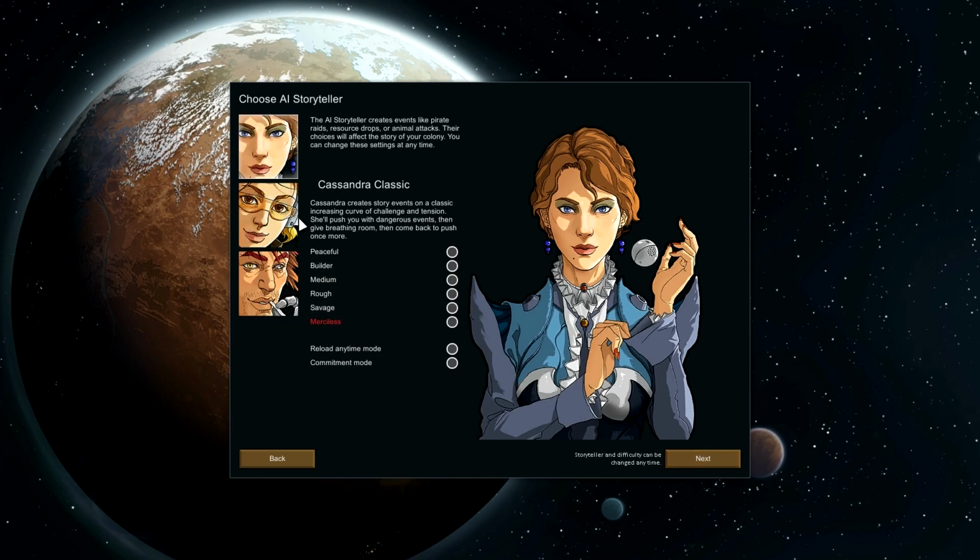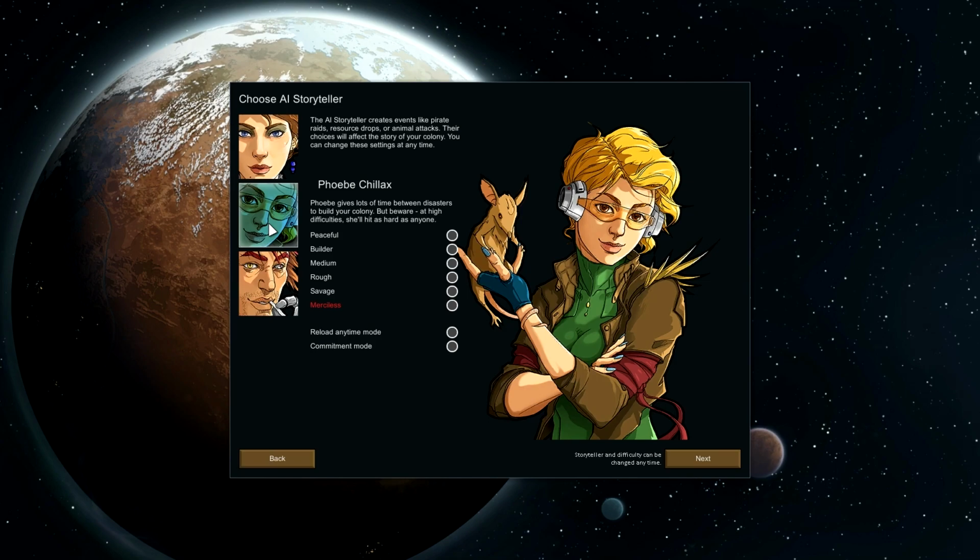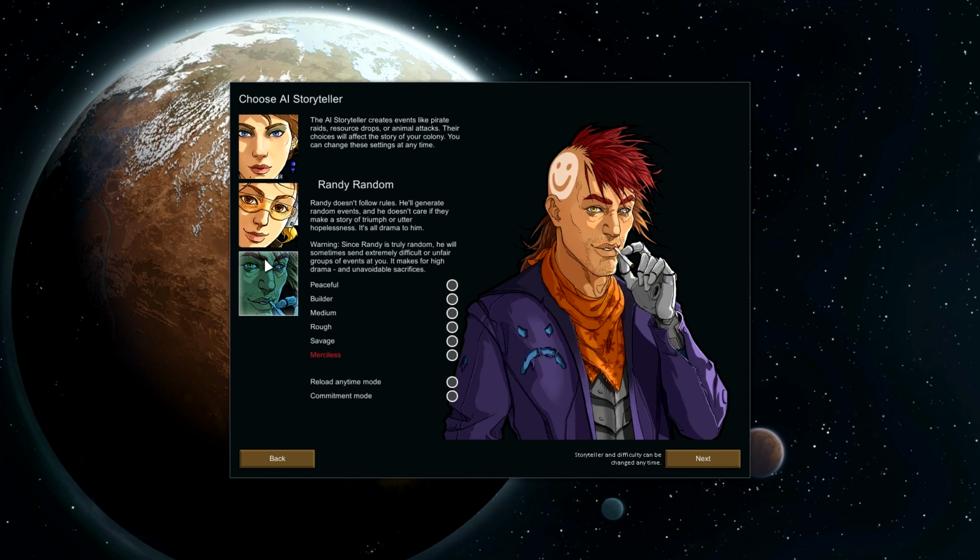Alright, so for storyteller, I always find Cassandra and Phoebe to be just predictable. It's not as enjoyable as I think it should be. That's why I prefer Randy. I see a lot of people on YouTube using Randy, but I think it's the best. I think it makes for a more enjoyable game. Keeps it interesting. So I'm going to do Savage. I debated on going Merciless, but I want this to last for a little while. So we'll do Savage, and then